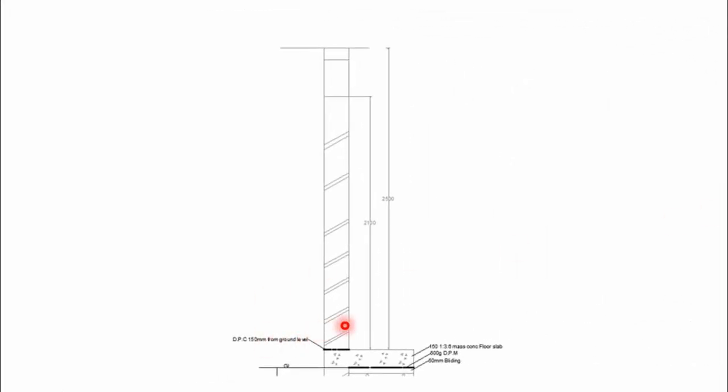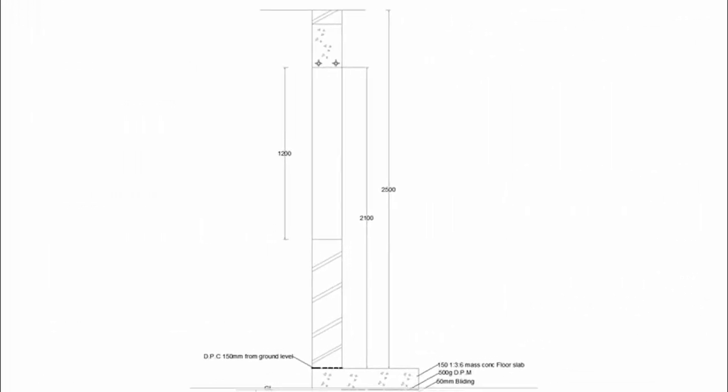We also have the ring beam level, and the ring beam level is always 2100 millimeters from the floor level, and therefore we measure that 2100 millimeters, and since we have been given the ring beam depth as 300, then we can place our ring beam comfortably there. Now from that ring beam 300 millimeters, you can hatch it,